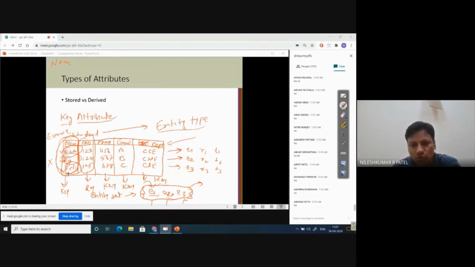There may be one more student having the name Nilesh or Raj or Preeti, right? So in your class also you'll have many Ayush, many Arpit, right? So that is why name cannot follow the uniqueness constraint, so it cannot become a key, right?